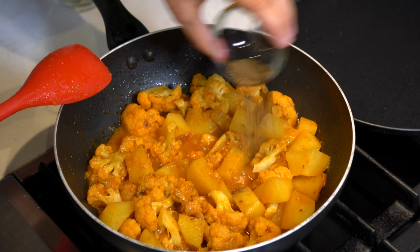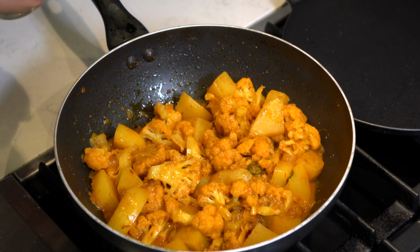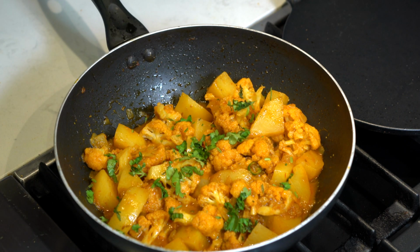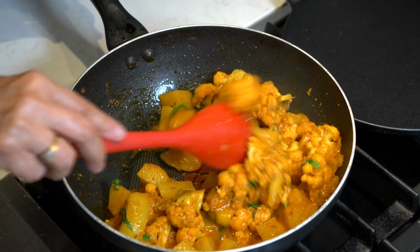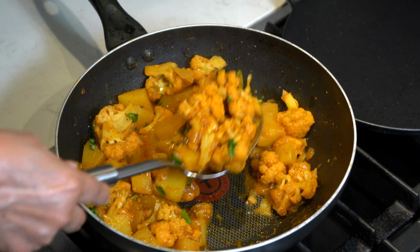garam masala, chopped green chilies, and half of the chopped fresh coriander. I'm going to mix it well and let it cook for about another minute and our aloo gobi is done and ready to serve. I will use the rest of the fresh coriander for